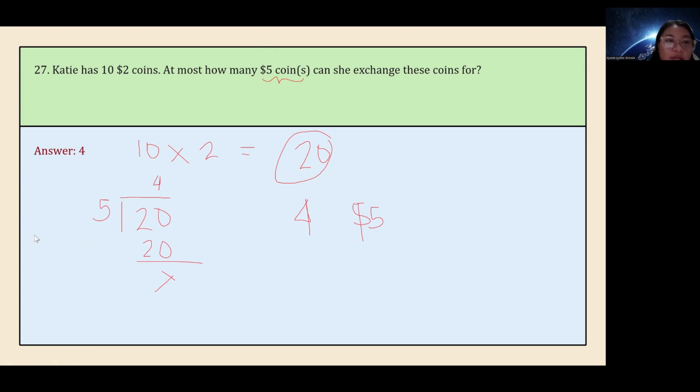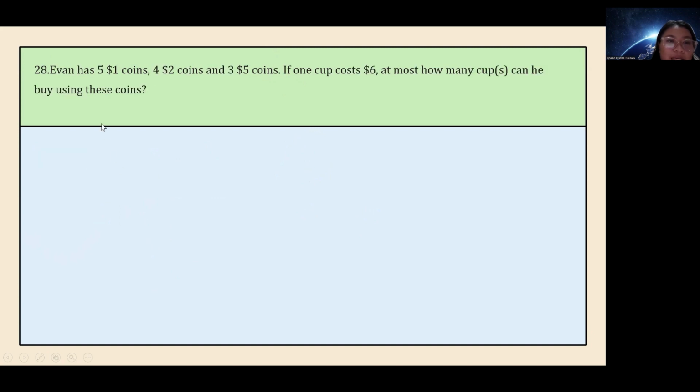Next, number 28. Evan has 5 $1 coins, 4 $2 coins, and 3 $5 coins. If one cup costs $6, at most, how many cups can he buy using these coins? So, to know how much you can buy for a cup at $6, we need to count how much money Evan has. So, we do multiply these